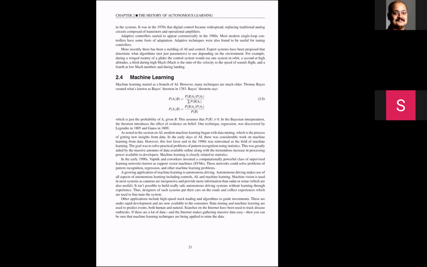Let me give you a simple example. If the problem is posed something like this, what is the probability of a COVID positive test? Probability of a COVID positive test if someone has COVID is say 0.8, which means the probability of someone testing negative for COVID, even though that person has COVID, is 0.2. Do you agree with me? Because the total probability